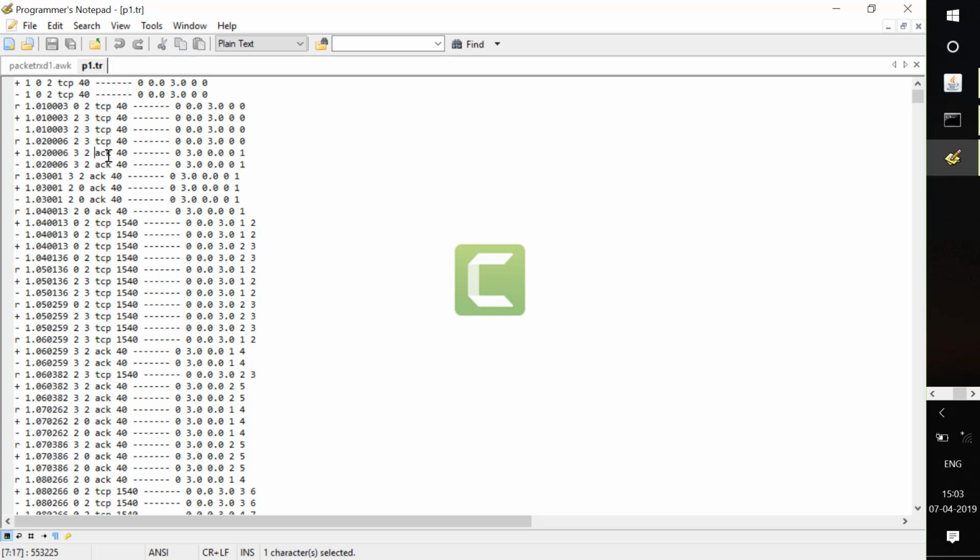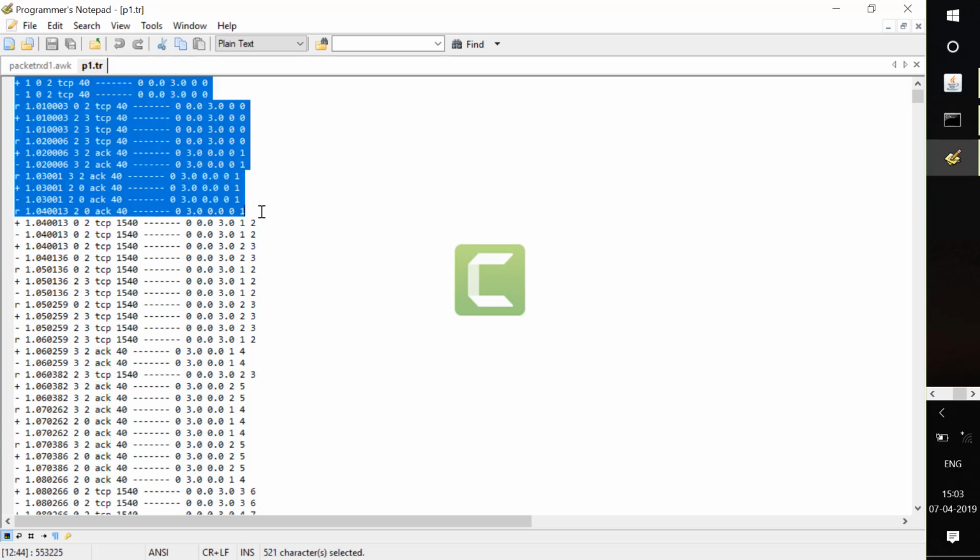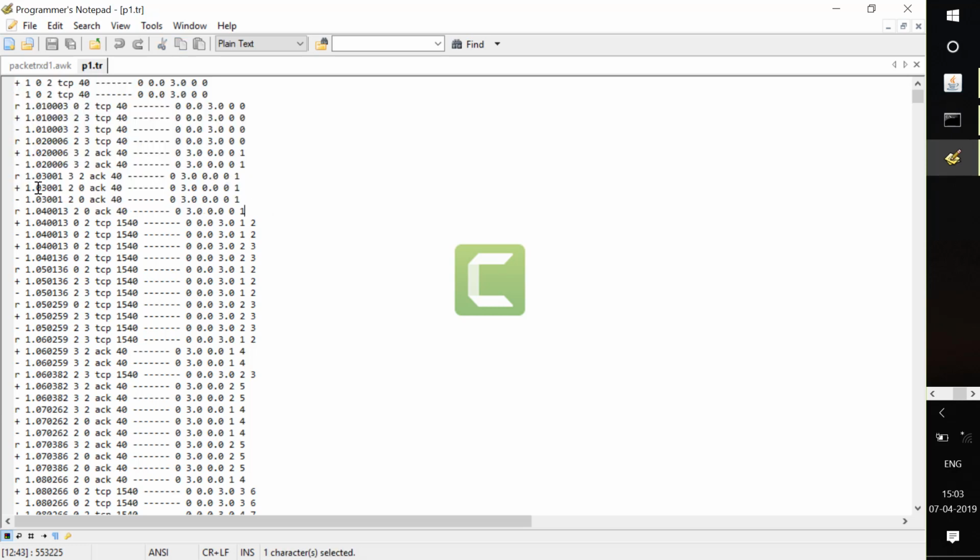ACK is nothing but the acknowledgement packet. Whenever a packet is sent from the TCP source, you will get an acknowledgement from the destination. First packets are nothing but the control packets. Usually control packets are used to check whether the destination is present or not. If the destination is present and ready to receive the packet, then the destination will send an acknowledgement.